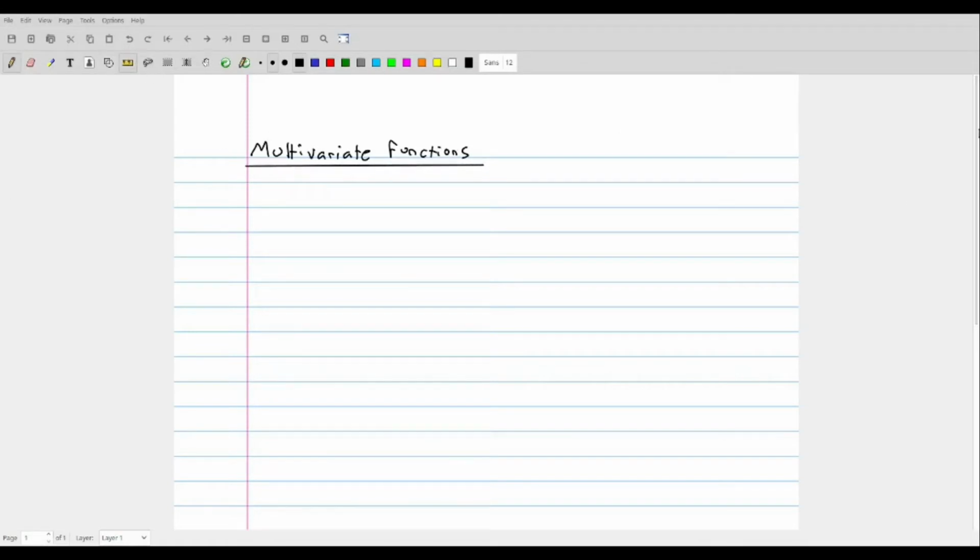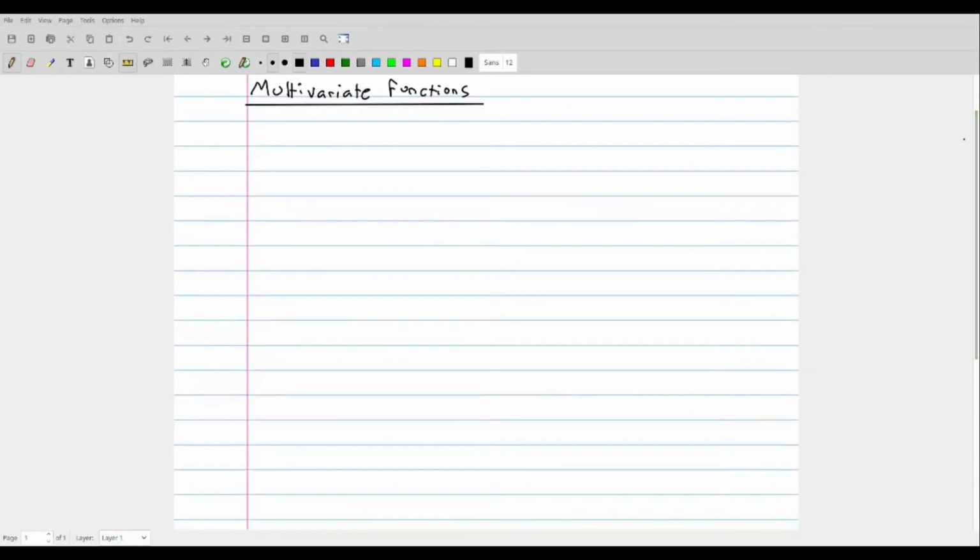So in my introduction to multivariable calculus video, I talked about many different applications for why we might want to consider multivariable functions. And in this lecture, we're going to be digging a little bit deeper into exactly what a multivariable function is. And we have a specific notation for a multivariable function. We see that f is a multivariable function